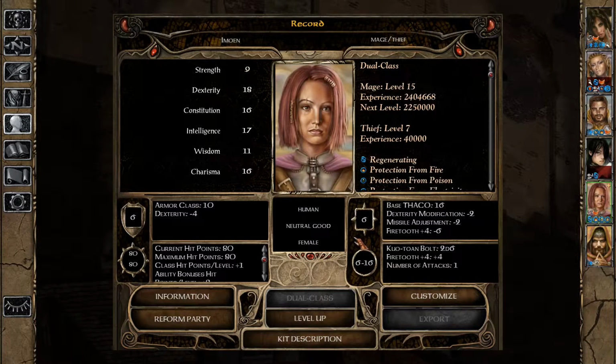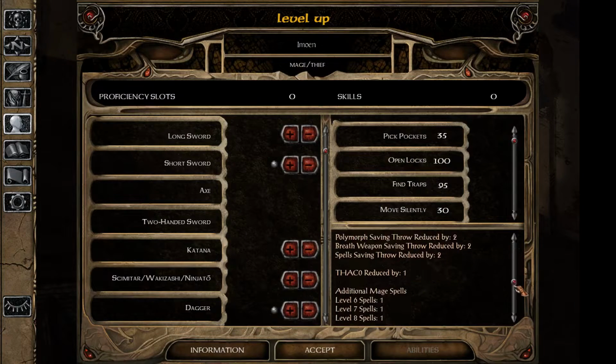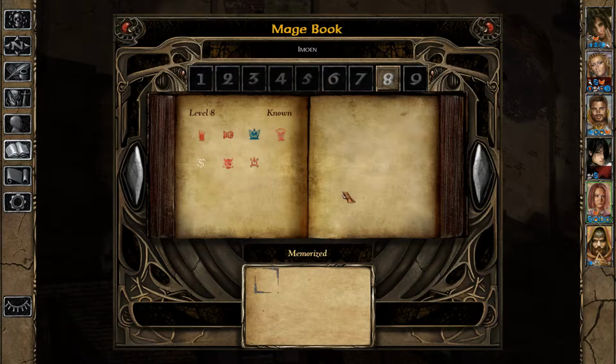And finally, Imoen is going to be level 16 in Mage and get some saving throw increases, and primarily access to level 8 spells now. So finally, all of our mages have access to level 8. She has a little larger spell selection than Edwin, and I think first we are going to rearrange our spells anyway soon,